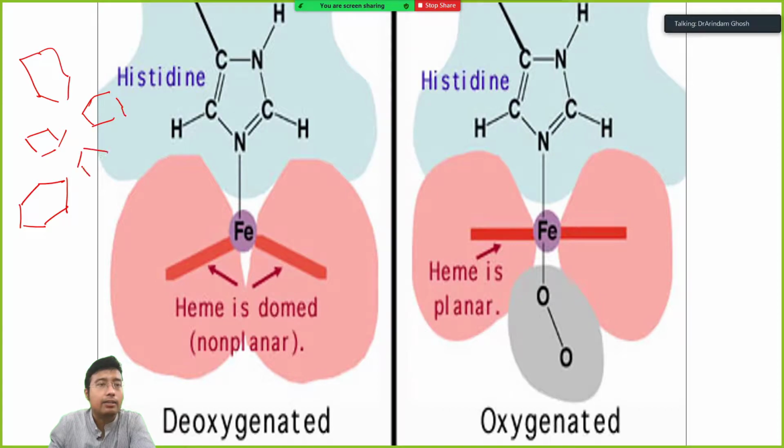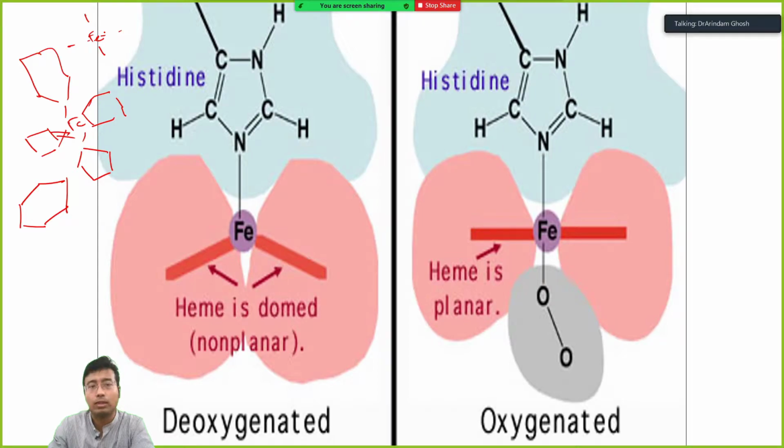Protoporphyrin ring 9. Okay, protoporphyrin 9. So iron is connected to the center. This is the plane if we look at it in 2 dimensions. But if we flip this, I mean if we look at 90 degrees, then what will happen? The plane of porphyrin will be at a level, there will be iron and there will be histidine and there is oxygen. This diagram I already showed you in my previous class.